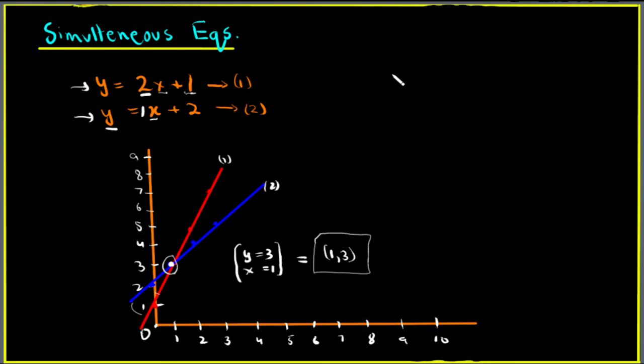So how do we solve this algebraically without needing to draw these graphs? First of all, y is equal to this. This is the left hand side, which is y, and this is the right hand side, which is equal to 2x plus 1. In the second equation, the left hand side is again y, but the right hand side is x plus 2. So if y is equal to this, and this is the same y, is also equal to this, then logically we know that these two things are also supposed to be the same, because y is equal to this and y is also equal to that. This is like saying the same thing as